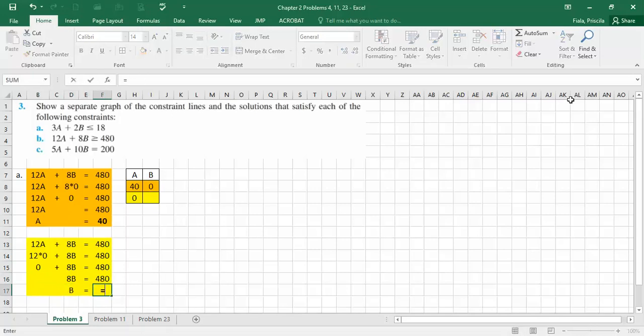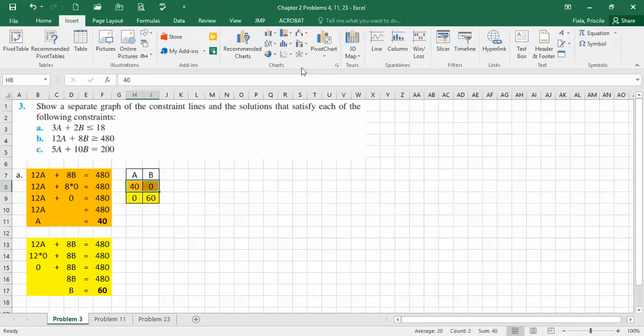And then here, if you want, you can do 480 divided by 8, which is 60. So when A is 0, B is 60. And then let's do the little graph the way I did it before. I select the first series. Let's just go insert